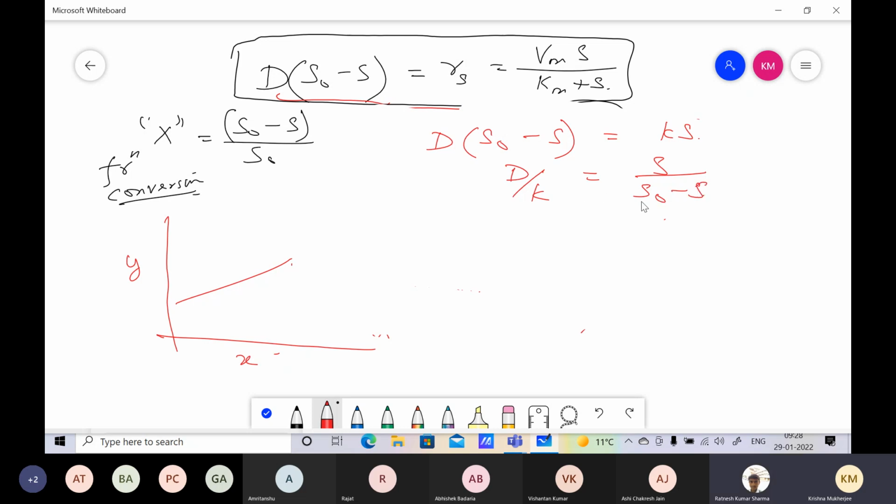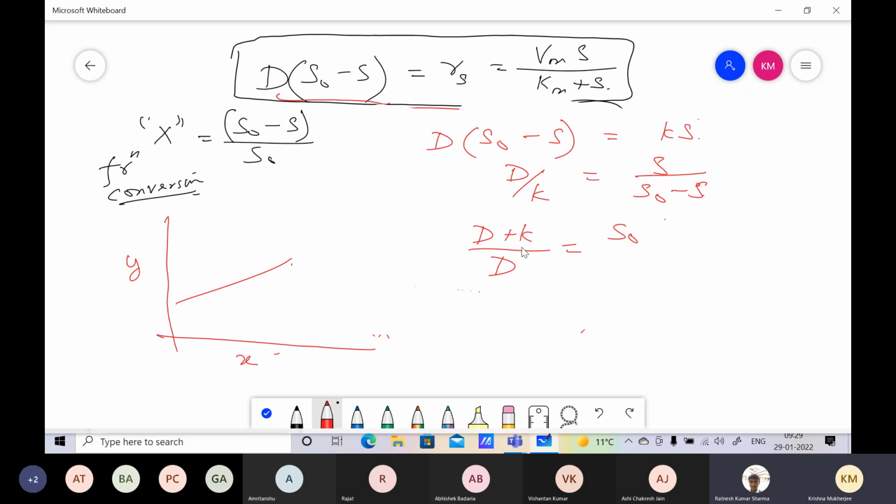So add a component of dividendo, add the numerator: d plus k by d is equal to s plus s naught minus s. What is that equal to? S naught,